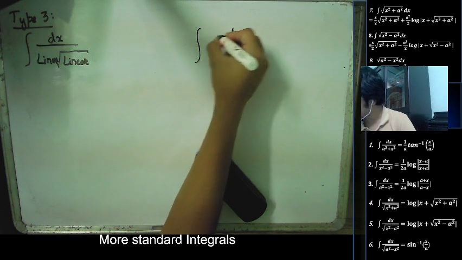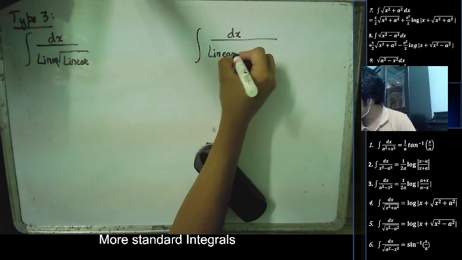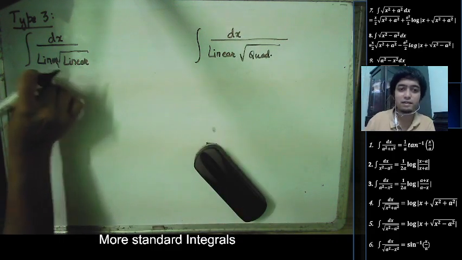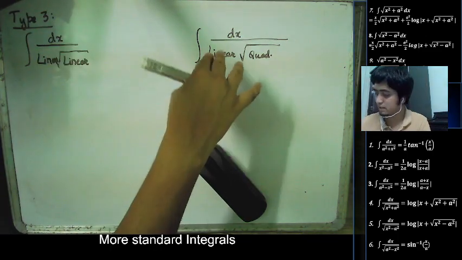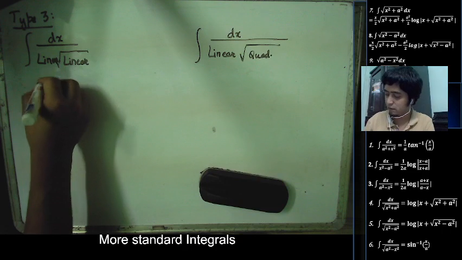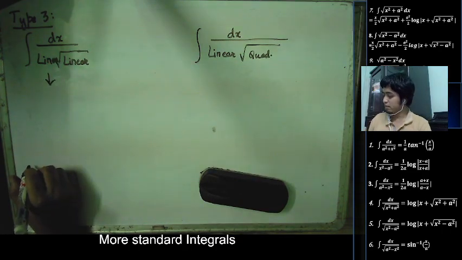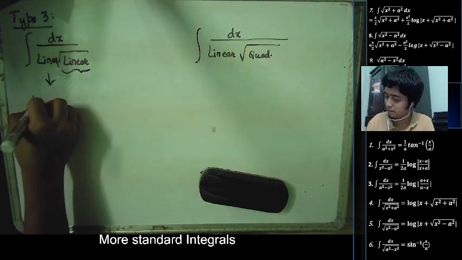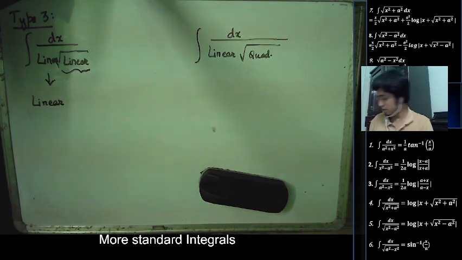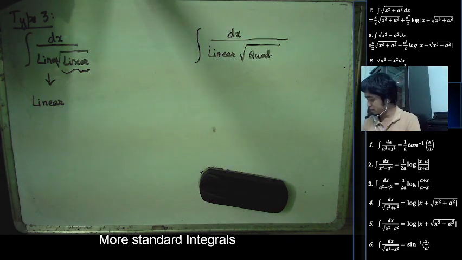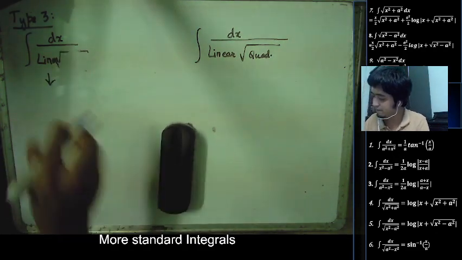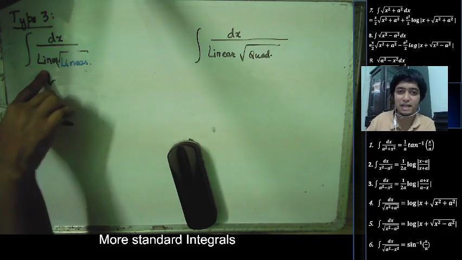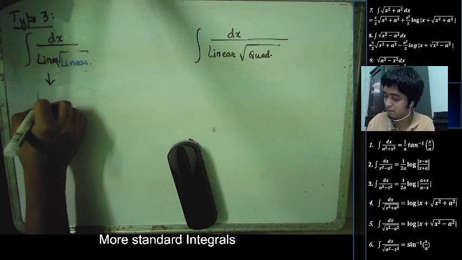And this one, suppose linear is in the denominator, linear root quadratic. Before, the linear was on top, but now the linear is in the denominator. So for this, what shall we do? We will substitute the second linear. Maybe I will write it with a blue, just to differentiate it. You are having two types of linear: the first linear which is black and the second linear which is blue. So substitute the blue one